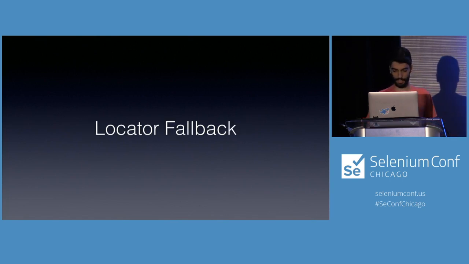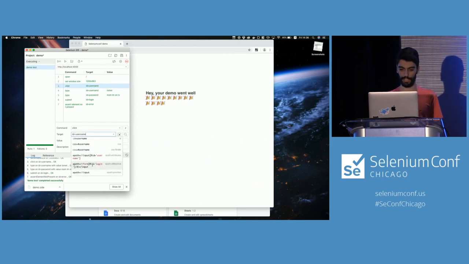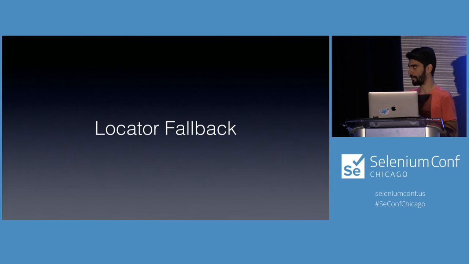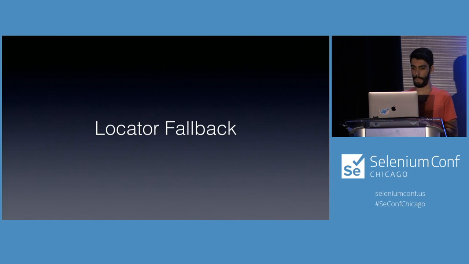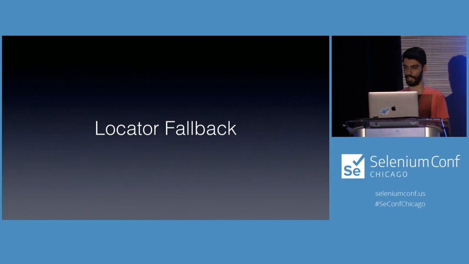I just want to go over a few of those practices. So the first one is Locator Fallback. When we record, you probably know this, we record plenty of different locators, and you can pick which one is the primary one, and we'll try to use that a few times. If we see that the primary one, or the one that you manually put in, consistently doesn't work, we're going to try and use the other ones that we've recorded, and we'll let you know if one of those actually succeeded so that you can fix your test later.